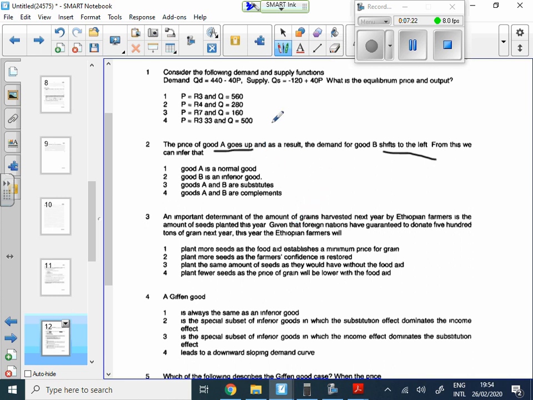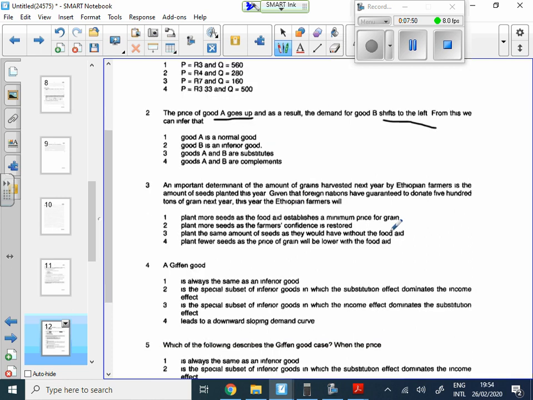If the price goes up and the demand of the other one shifts to the left, what kind of relationship is there? Positive or negative? It's negative. So what are they? They're complements. Okay, that is one. I'm just showing you. So yes, there are the long ones on that side, but you're still going to work with the same thing on the